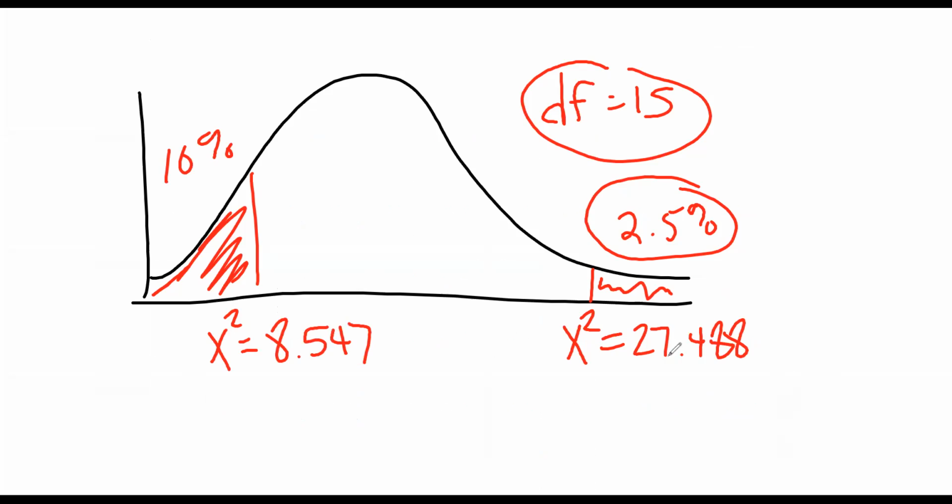It's not super difficult to look up chi-squared values. You just have to know what the chart is asking for, and then you just look up